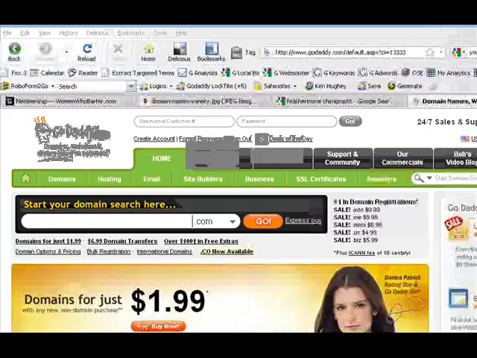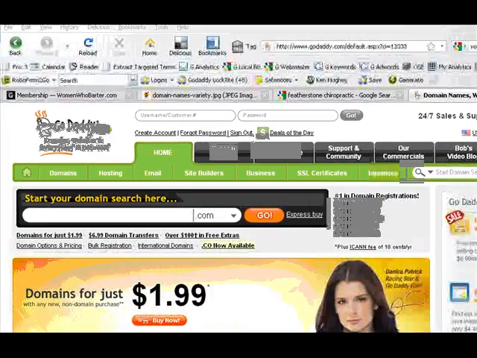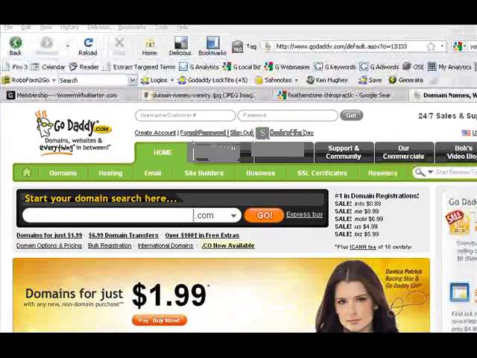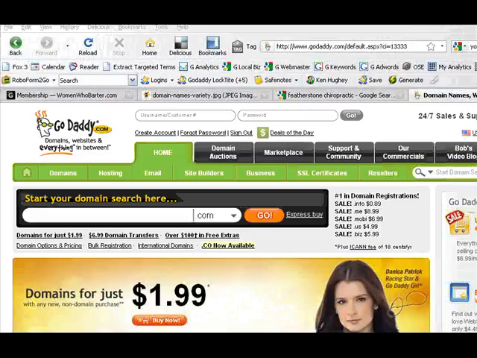It's a domain registrar, and they also host, though I do not recommend them for hosting, but for domain name registration, they're good. I personally have probably close to 100 domains that are registered through GoDaddy, and there's also another one out there called Namecheap, and there's probably hundreds out there, but I would recommend GoDaddy or Namecheap. If you go to GoDaddy.com, you'll get to their homepage here, and there's an area that says Start Your Domain Search. So in our fictitious business, let's type in Jill's